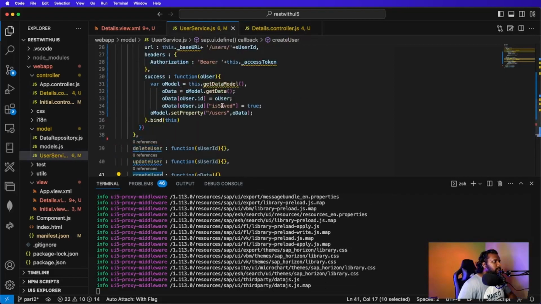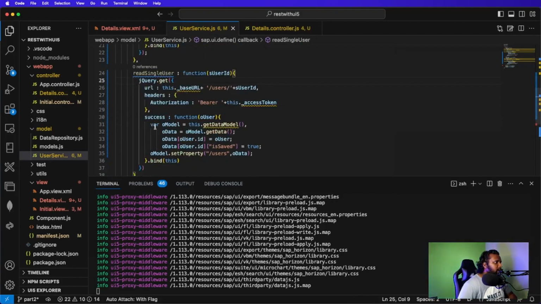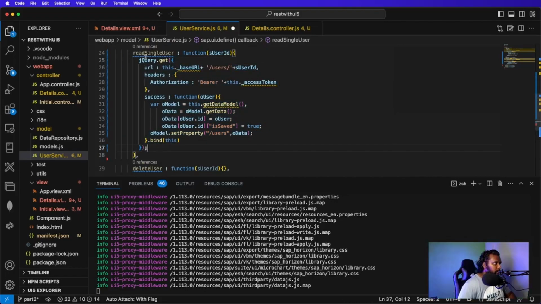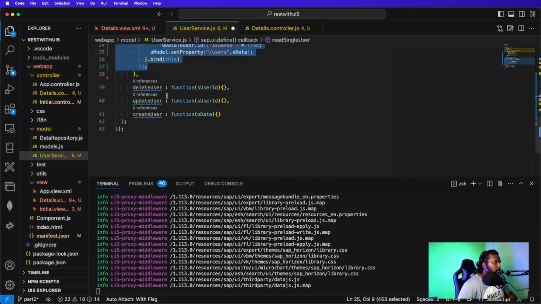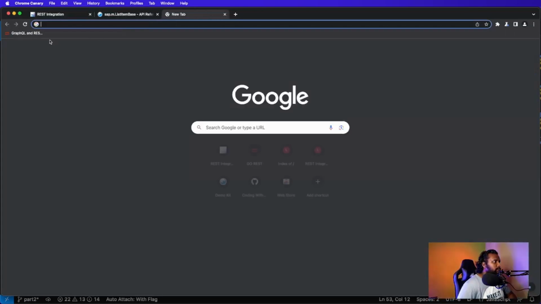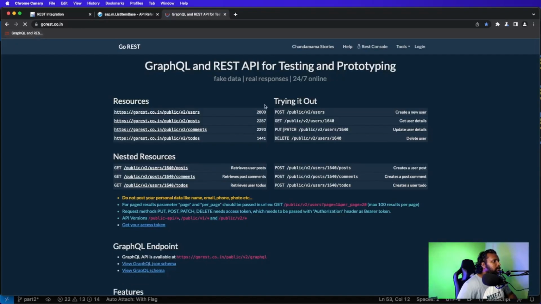In update user, again it's the same syntax of jQuery get. Update can be performed with put operation or patch operation. Yeah, you could see here update is nothing but put or patch. So use